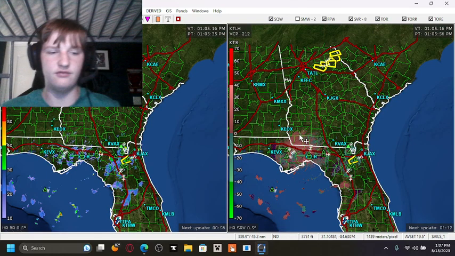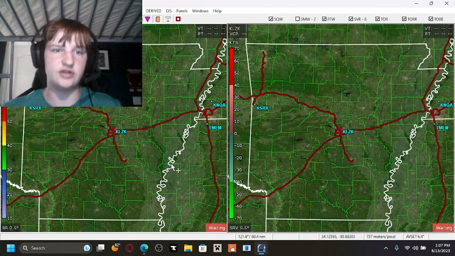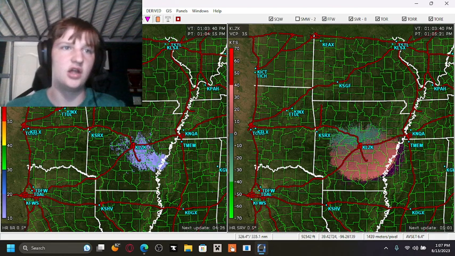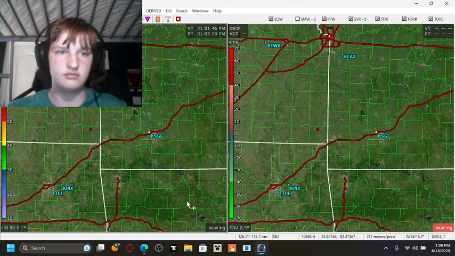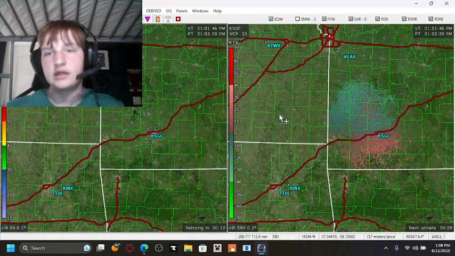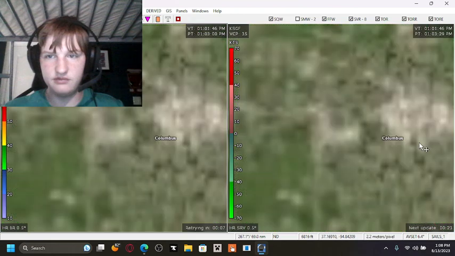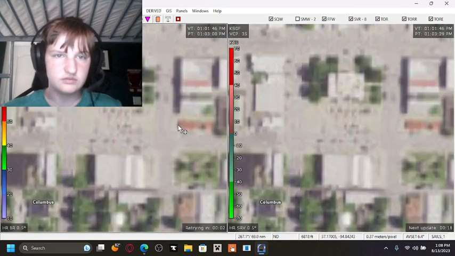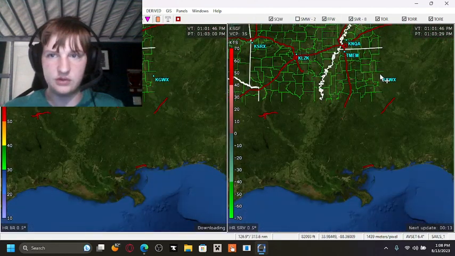I really like it. I can have different radar sites on just quick. So this is my local radar. As you see, nothing going on. And this is another radar that I see myself using pretty often. Yeah, I can zoom in. I get super clear satellite imagery of places. I can also, if we go down here back to the storms over here,